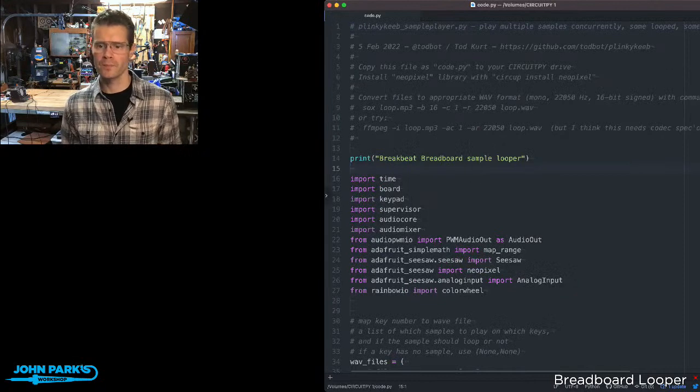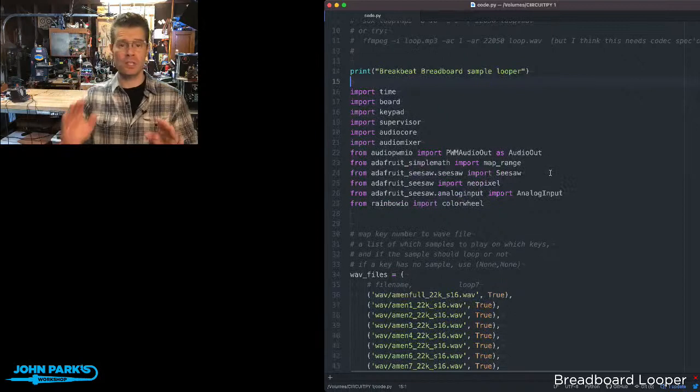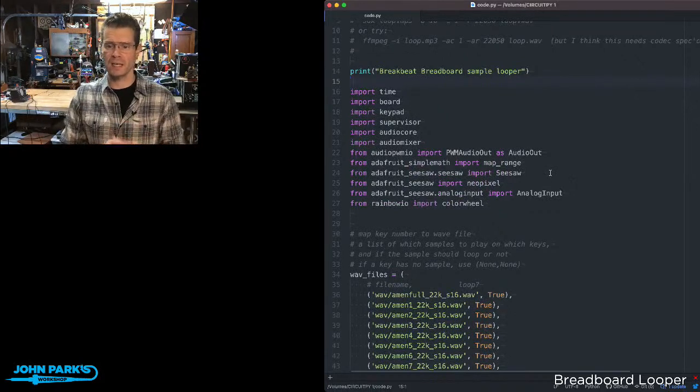There we go. Okay. So you can see here, this is similar to the Trellis M4 version that I did, bringing in the keypad to do the button presses, using audio core and audio mixer to do the wave playback and then the levels. And I'm using audio PWM I/O since we don't have an analog DAC on the RP2040 chip.